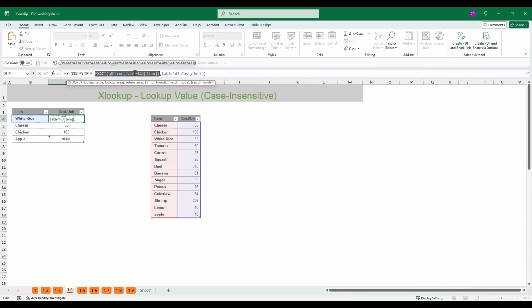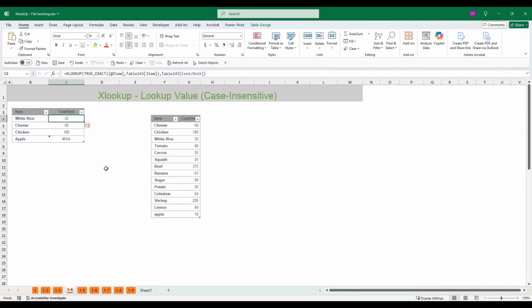In this case, white rice returns TRUE on the third value, meaning that's the value that's going to return 35, right? That's why we have white rice matching on the third value in our lookup table here. So that's the meaning of our formula: XLOOKUP using TRUE and then the EXACT function inside the XLOOKUP.